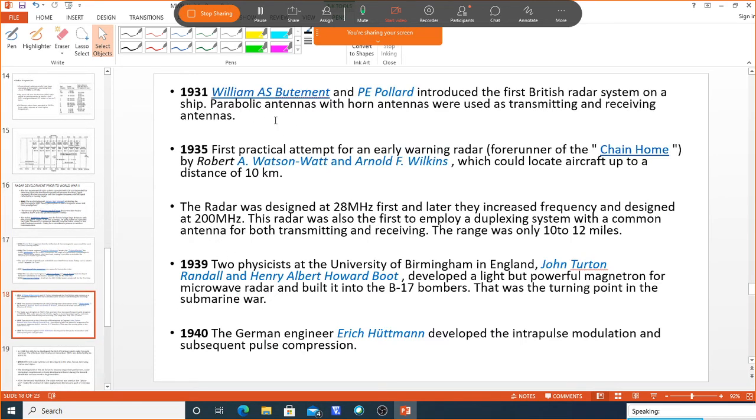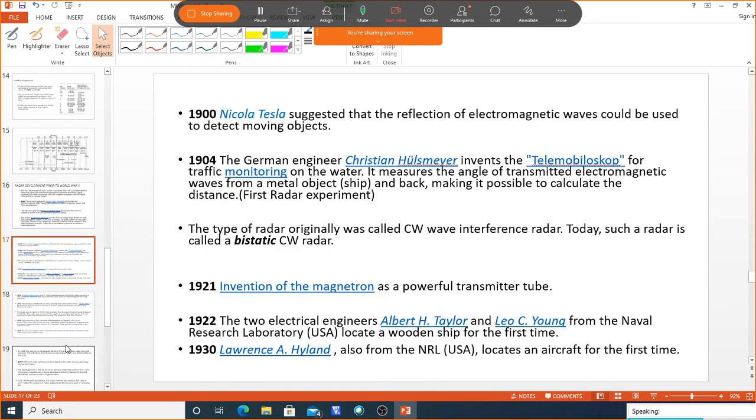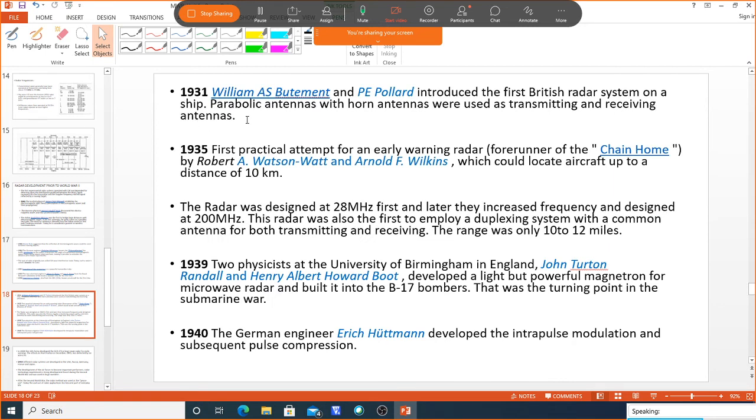so that is 1930, when he invented it. And in 1931, two other scientists, British, from England, designed the radar system on a ship. Okay, so parabolic antennas with horn antennas were used as transmitting and receiving antennas. Since horn antennas and parabolic antennas have high gain and produce a narrow beam,